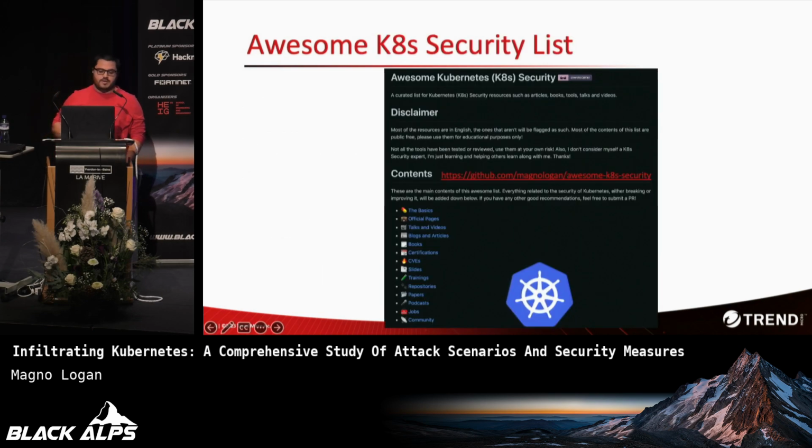Okay, so when I started this journey, I basically didn't have a lot of knowledge around Kubernetes. I had a little bit of knowledge around Docker, but not so much. So I started digging through the internet, blogs, articles and videos, collecting as much information as I could. And when I started doing this, all my notes were saved in a text file. And I thought, okay, this is good, but maybe this will be helpful for other people as well. So I created this project on GitHub called the Awesome Kubernetes Security List.